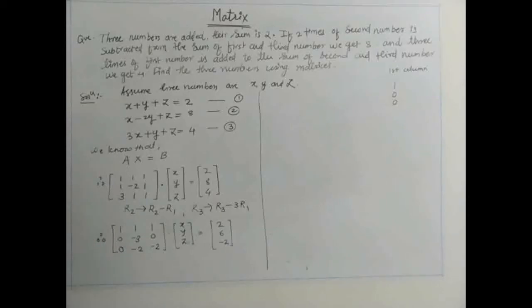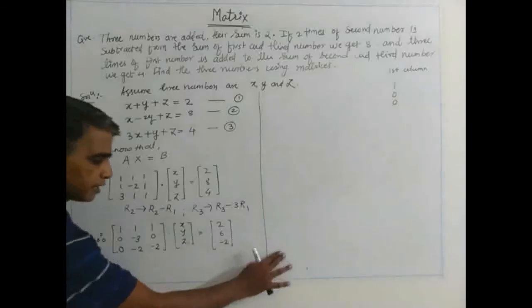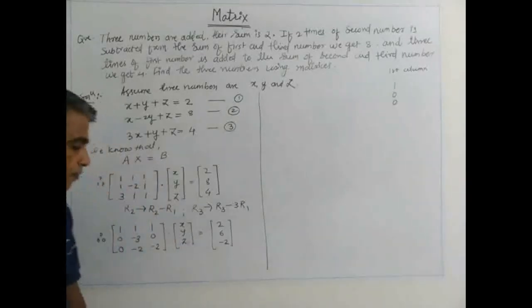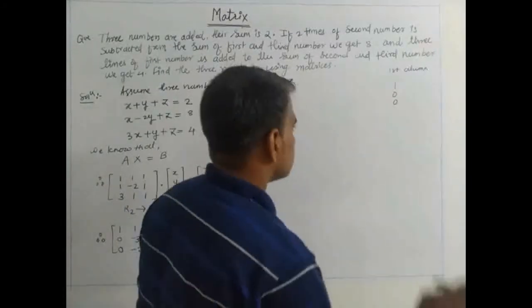Now we got the first column as 0. So now check here. The first row has 3 values, the second row has first and third values 0, and the third row has first value 0 in the first column, and the second and third columns have values minus 2, minus 2. So easily we can multiply the matrix. Now here there is no need to convert totally in terms of the inversion method, that upper triangular matrix. Directly we can use these equations. So now we are going to multiply the equations one by one.